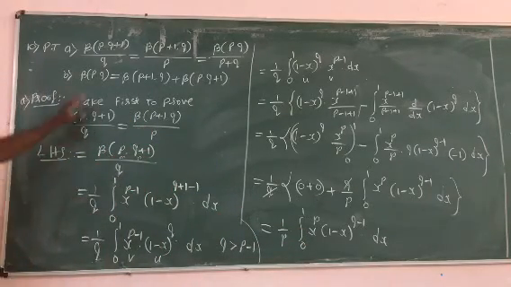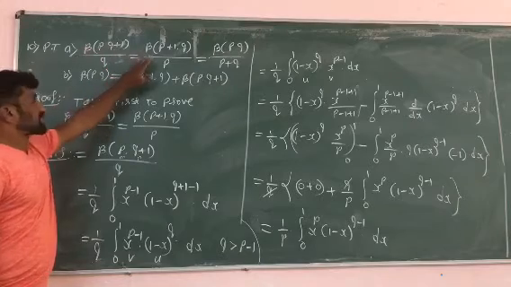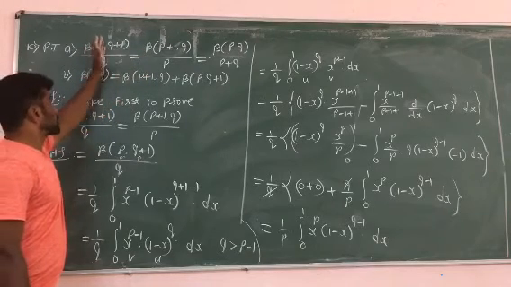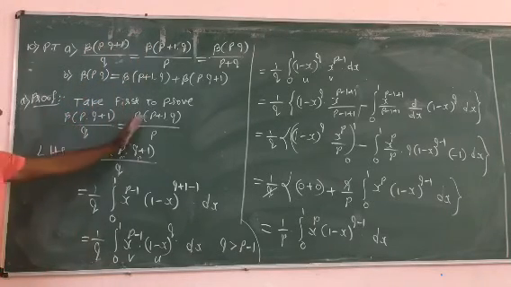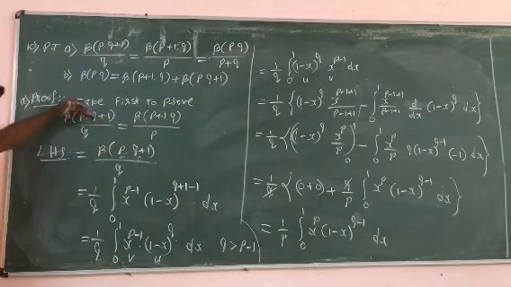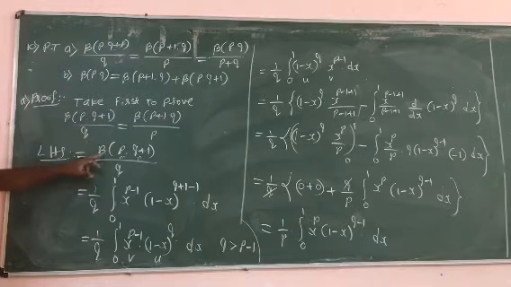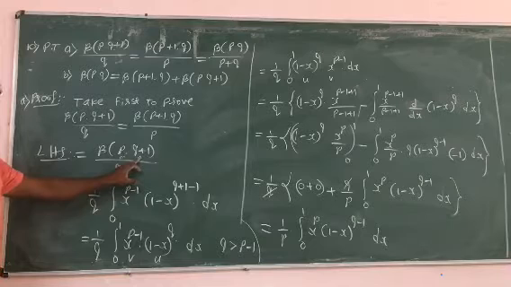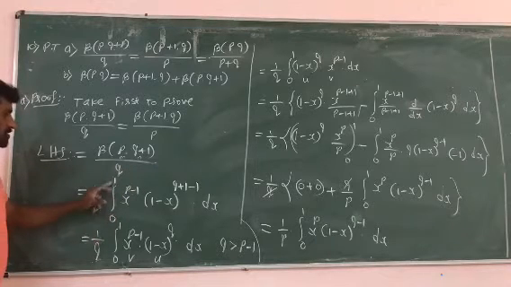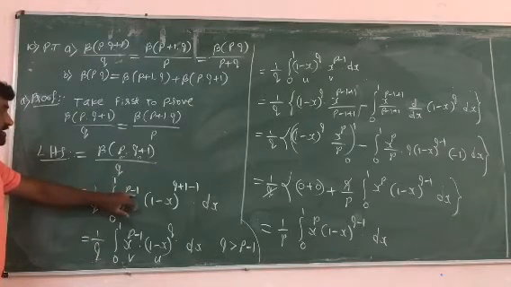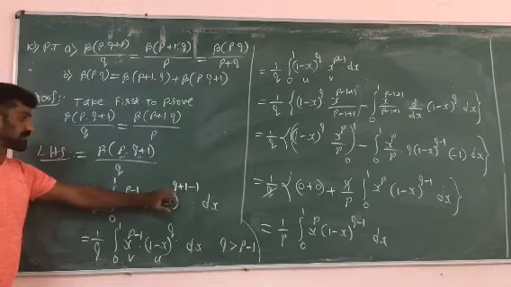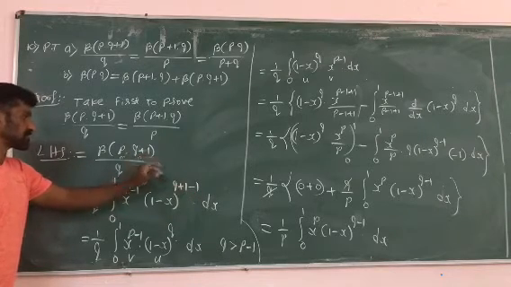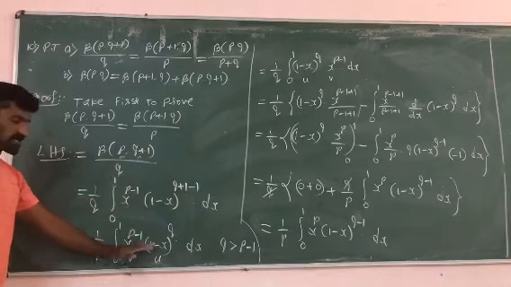I will do one more revision, look. Take the first and second parts to prove that the LHS is equal to the RHS. So we have to prove this equal to this. Take the LHS part, 1 by q as it is written. It is exactly in the form of the beta function, beta of m comma n. Apply the definition of beta: 0 to 1 x raised to m minus 1, 1 minus x raised to n minus 1, with n in terms of q plus 1. Then simplify. You get this.